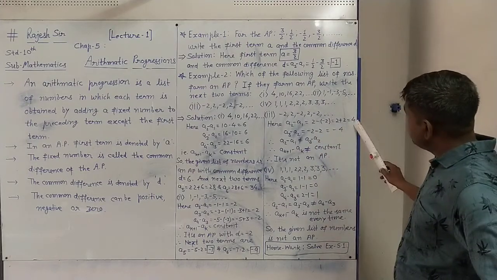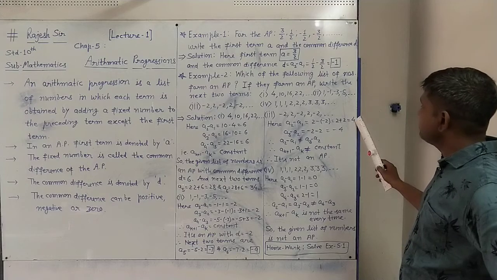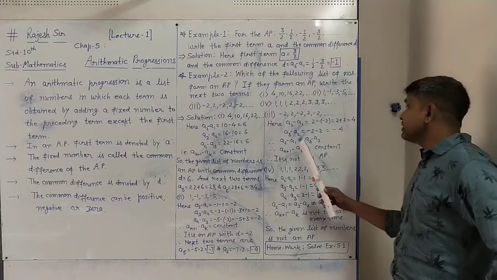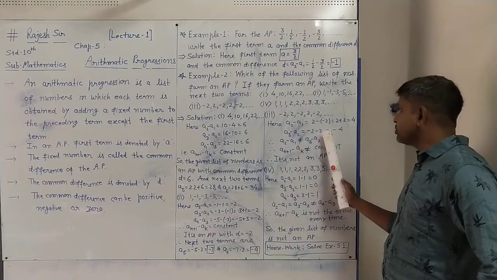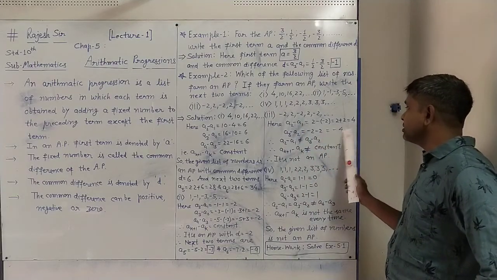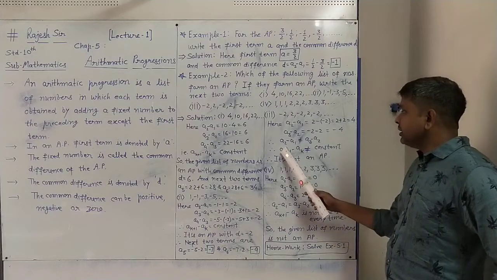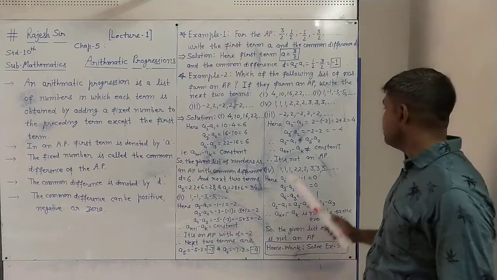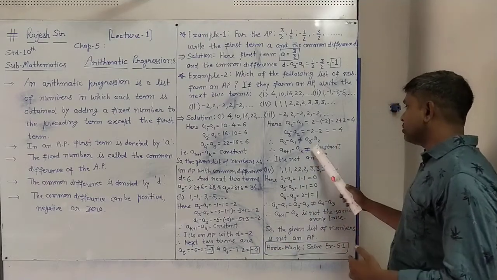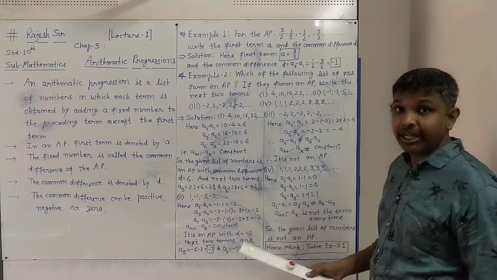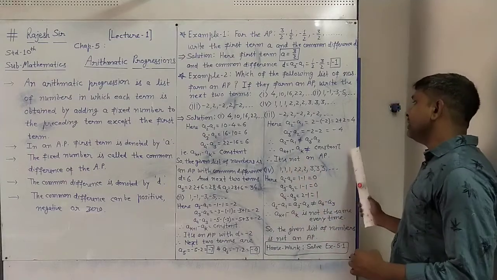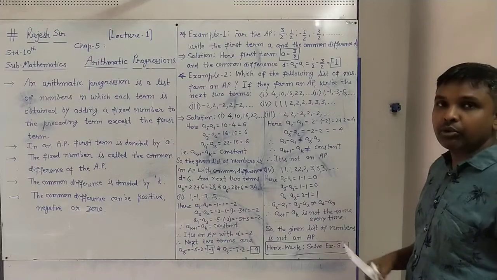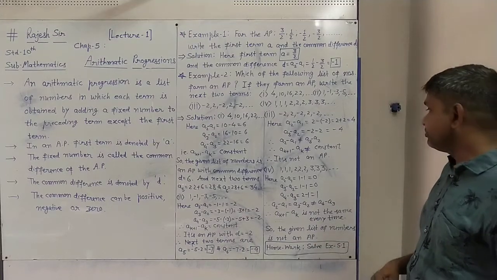So what happens here? The difference is not constant. See, it is 4 coming and here minus 4. They are not the same. So we can say A2 minus A1 is not equal to A3 minus A2, because it is 4 and it is minus 4. So here A(k+1) minus A(k), the difference between two consecutive terms, does not remain constant. It is not the same every time. So it's not an AP. This list of numbers is not an AP. So there is no question about the next two terms.